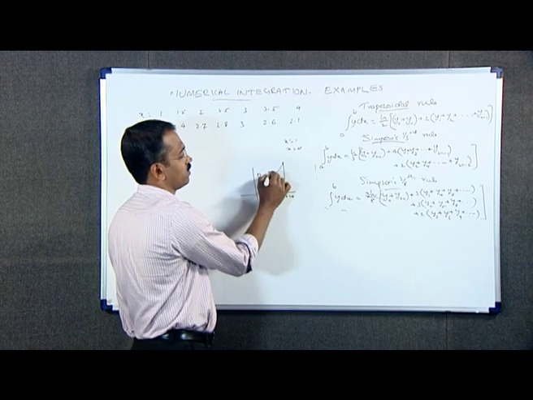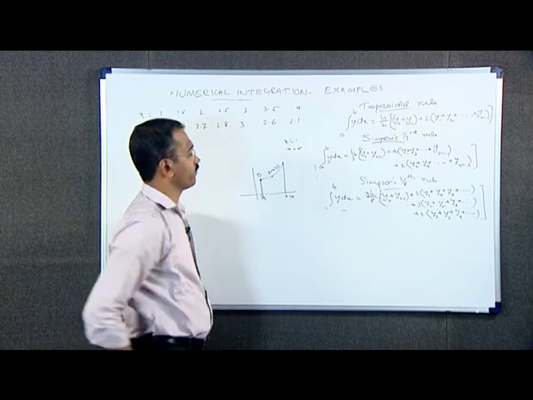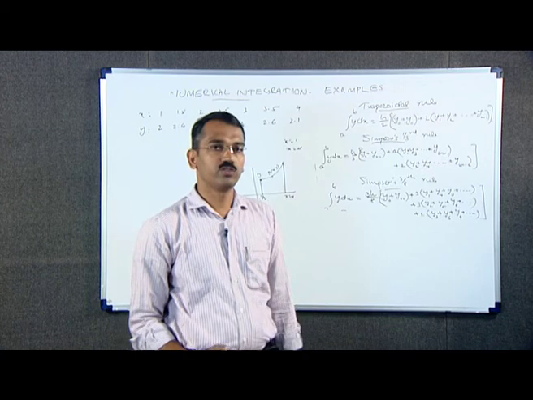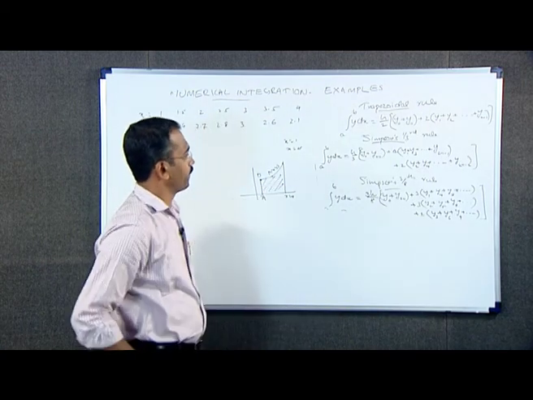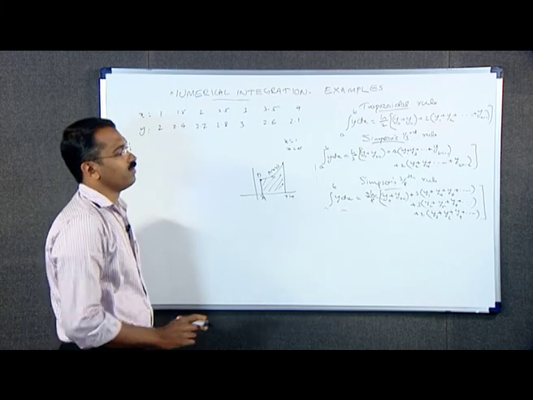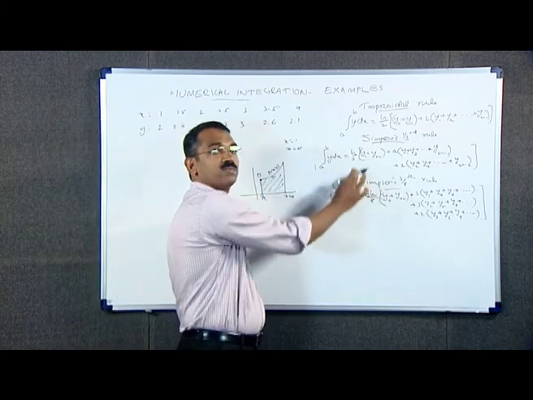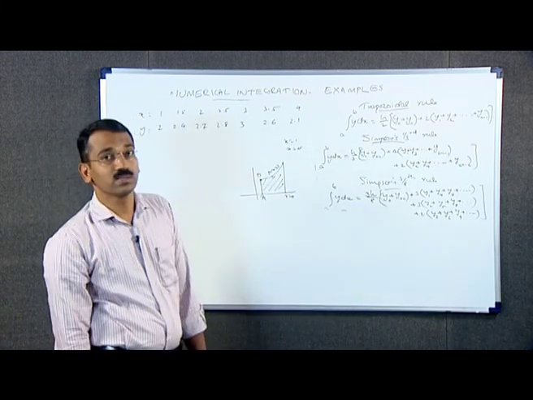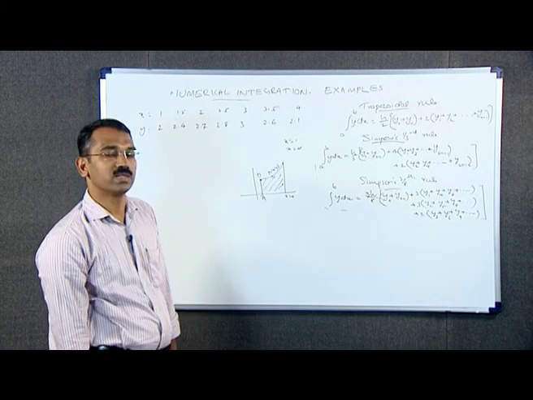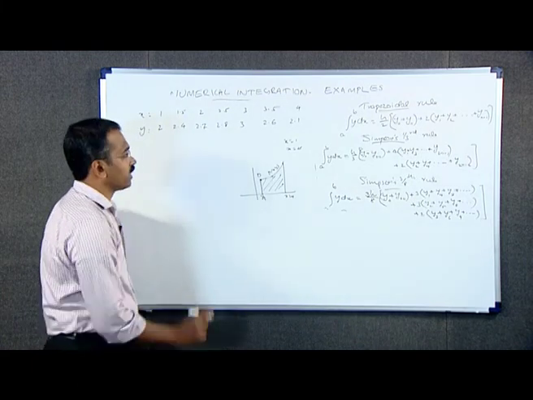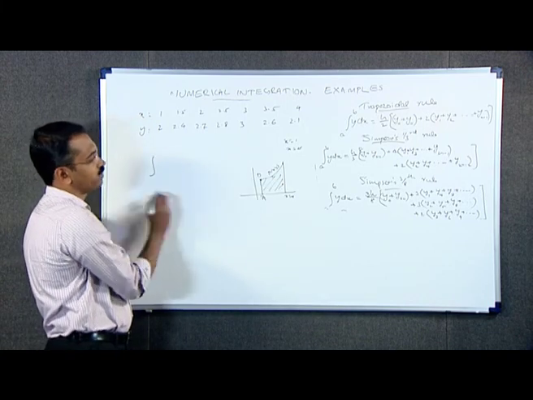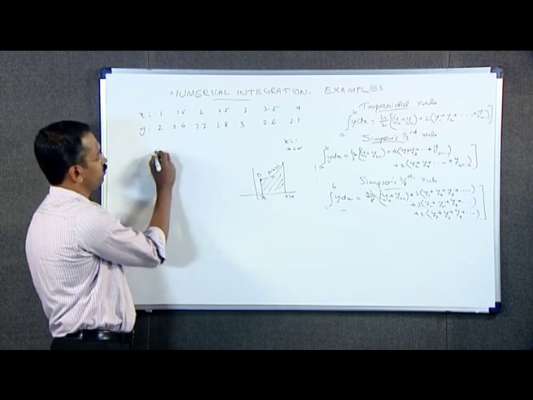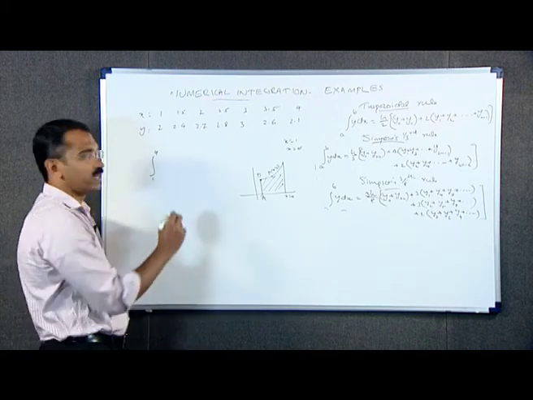Let this a point be xy. Now we have to find this area. We can use Simpson's 1/3 rule of integration. That is, area of the shaded region is integral from 1 to 4 y dx